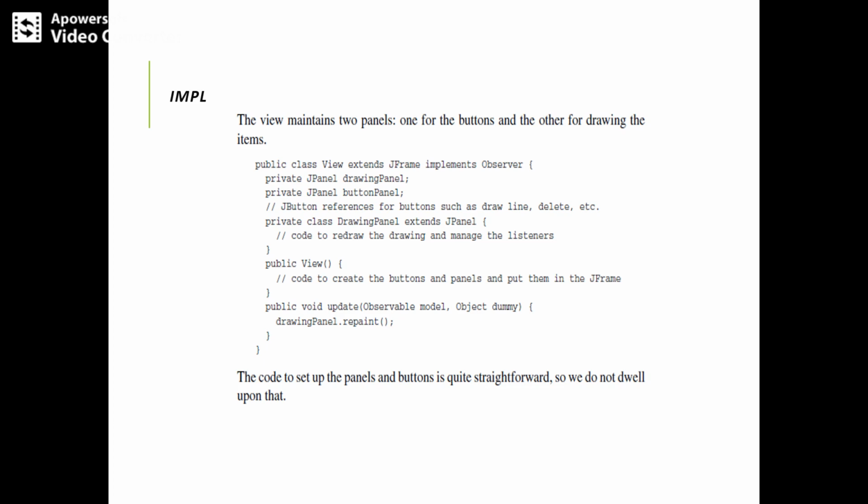so that we do not dwell upon the details. One thing we need to notice is that the drawing panel is the class which overrides the paintComponent method, which is called by the system whenever the screen is to be updated, whenever it is required.